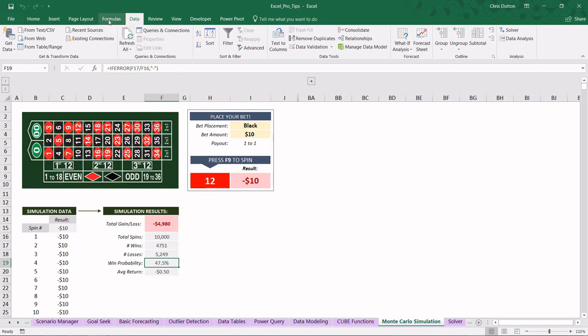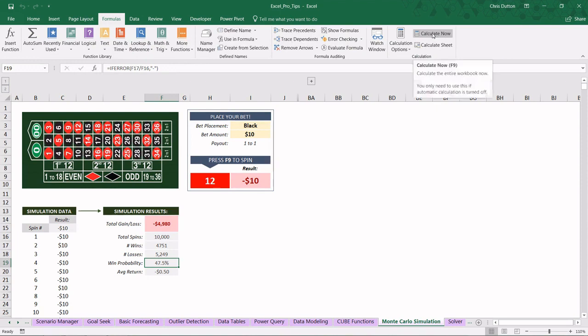And if we go ahead and spin it one more time by hitting calculate now, remember it's going to take a few seconds, usually 10 seconds or so, to actually run through the simulation. And there you have it. So 47.6. This time we lost $4,900. And let's just do one more calculation. Give it a few seconds to run. There we go. Our third result, we only lost 3,400 that time. We had a higher than normal win probability, but still very, very close to the true percentage or true odds